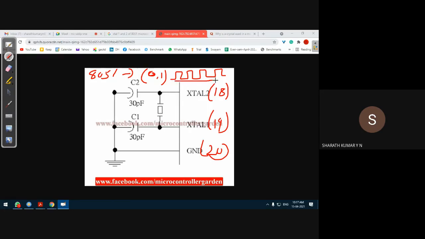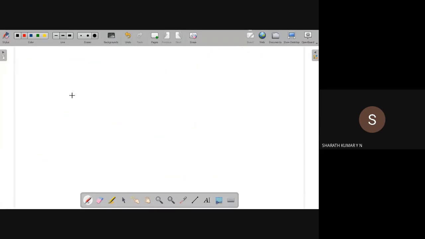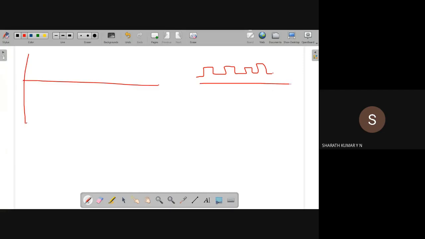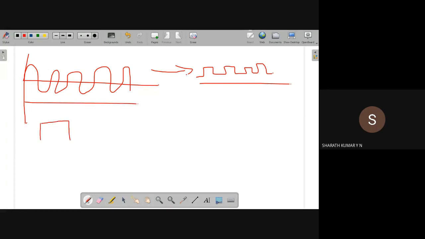Now, how do we generate this clock pulse? I think we discussed it last class. The requirement is that we should generate a clock pulse. We cannot directly generate a clock pulse. We have to convert sinusoidal signals into a clock pulse. These sinusoidal signals are generated using what are known as crystal oscillators. You have come across a crystal oscillator in your ADC lab also. It generated a 2 megahertz signal.